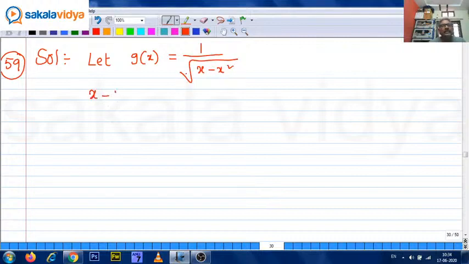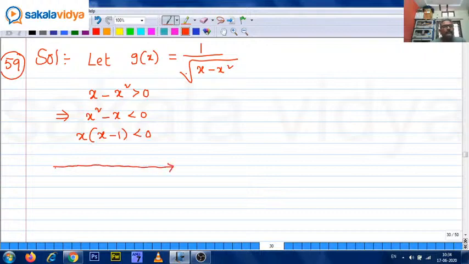Here x minus x square should be greater than 0. Multiply with minus sign: x square minus x less than 0. Take x common: x into x minus 1 less than 0. Okay. x into x minus 1 less than 0 means take the number line,